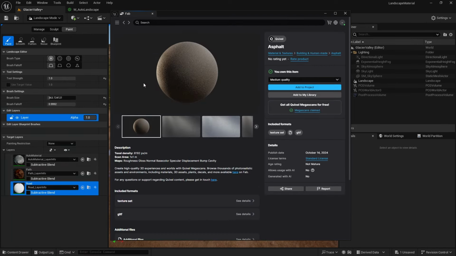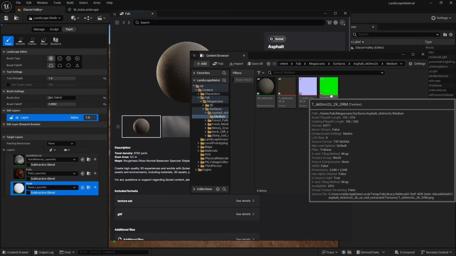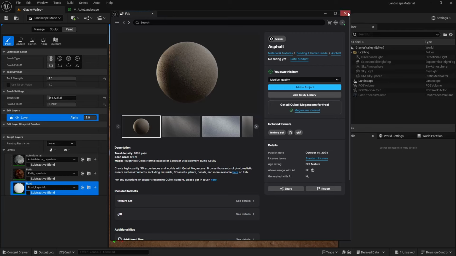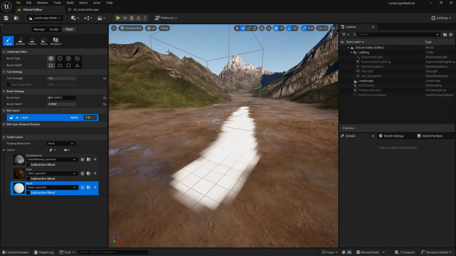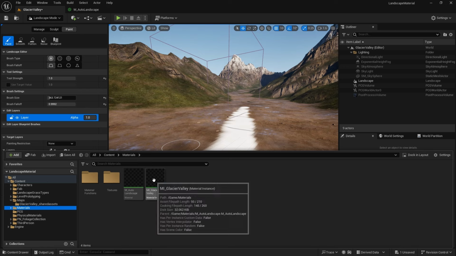Again, it doesn't really matter which one you pick. I'm going to use medium quality as per normal, add it to the project. And now I have those textures in there. Do a quick Control-Shift-S to save everything. Close down. And now I'll open up the material instance, so back to my material instance,